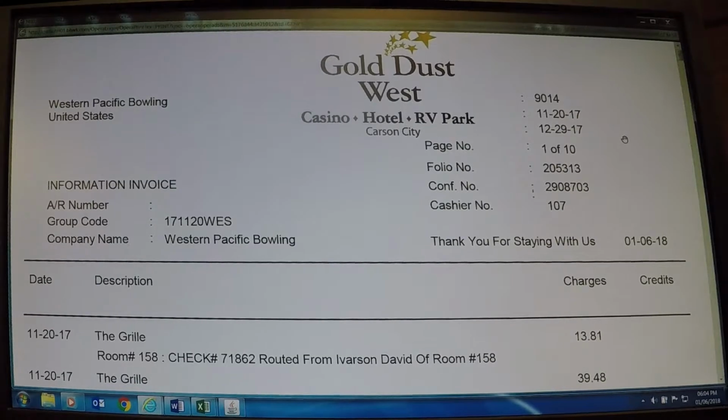Does the Micros module actually interface with Opera? It does. When a guest charges in a restaurant, it will actually post their room charge on the guest folio. That's a good thing, because then they can pay for that on their folio when they check out. So one of the things that I saw, which raised a red flag for me, was that